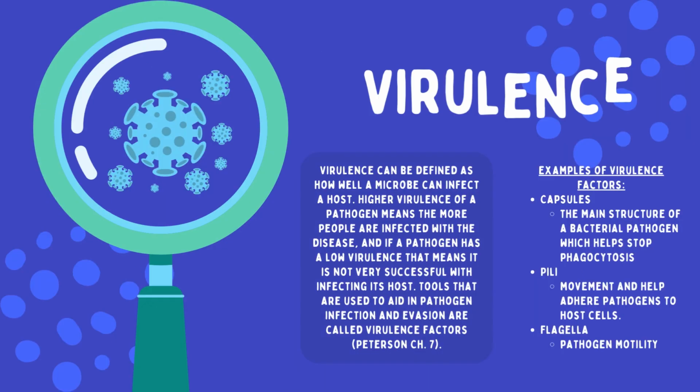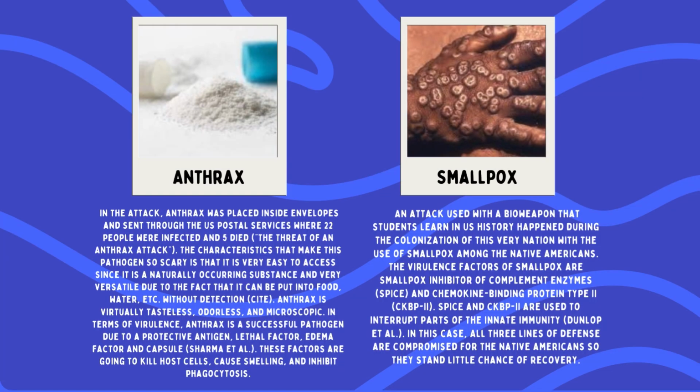So moving on to more specific examples, we have anthrax and smallpox. With anthrax, we know that in 2001, we had an anthrax attack soon after 9/11. Fortunately enough, only 22 people were infected and only 5 died. We were a little bit more prepared, obviously, because this was a newer thing that happened. But it is still very scary because, especially with anthrax, it is naturally occurring. So people don't necessarily have to find it in a lab.